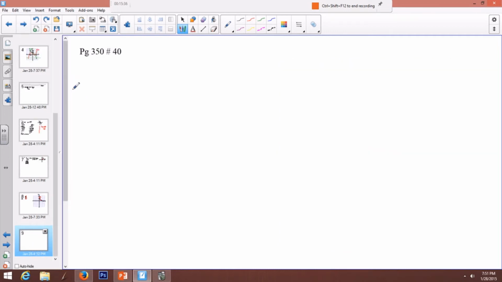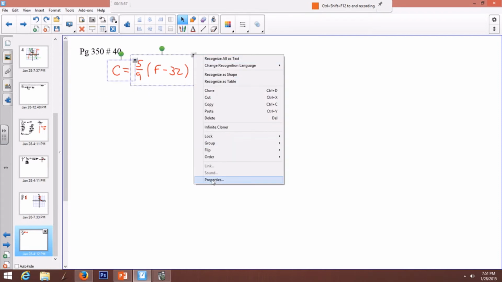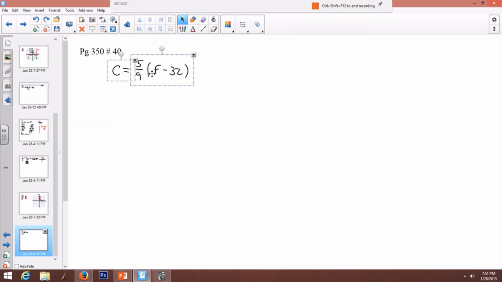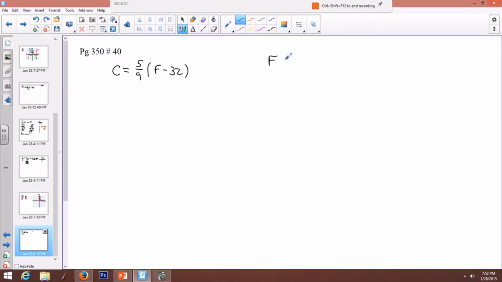All right, last one for the day. Page 350, number 40, it's a word problem. They give us a function. They say C is equal to 5/9 times the quantity F minus 32, and hopefully a lot of you guys recognize this particular equation. It converts Fahrenheit to centigrade, where values of F are greater than negative